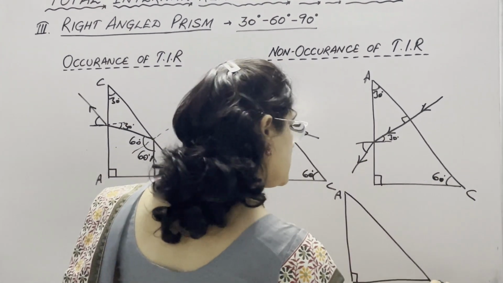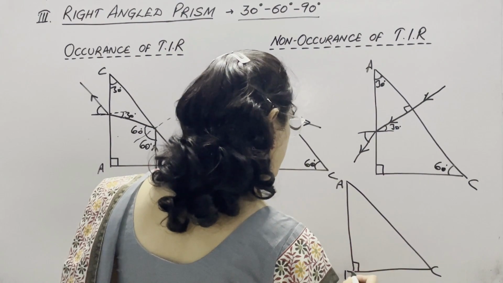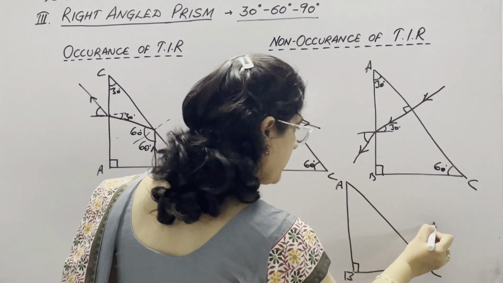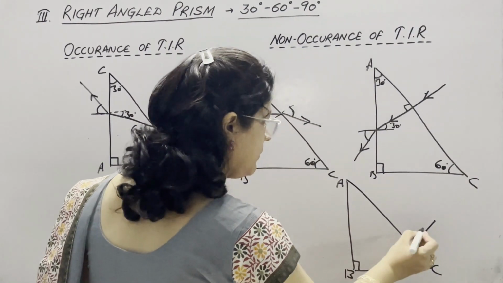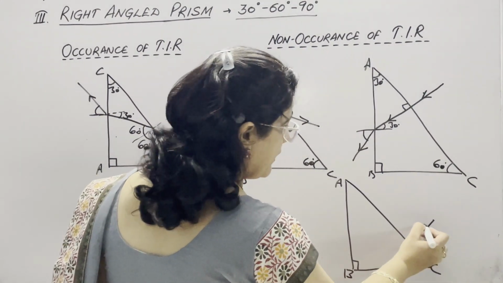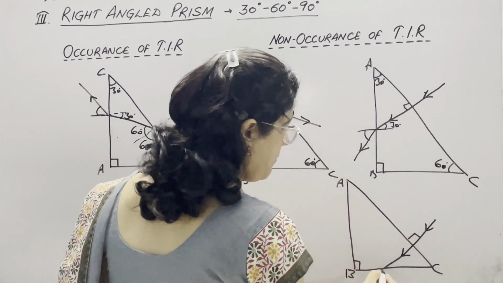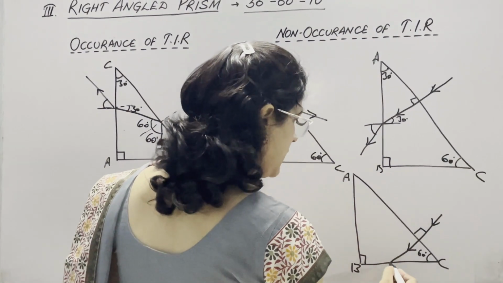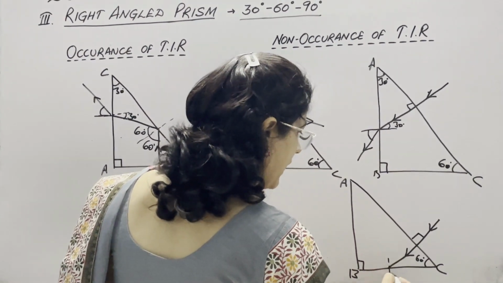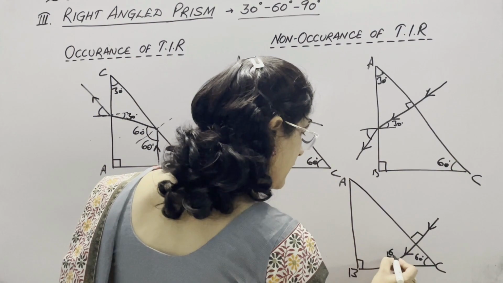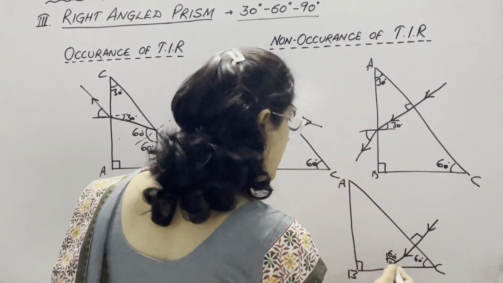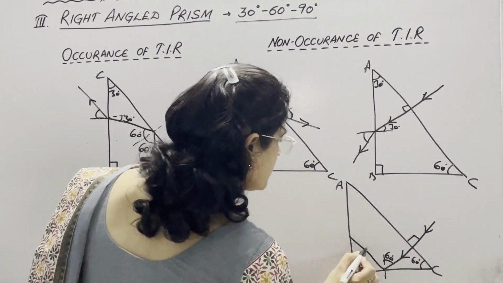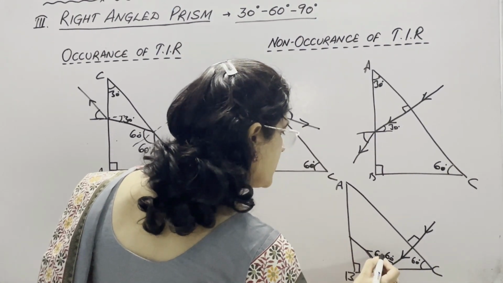hypotenuse. Prism positions remain same, but ray is striking near the bottom. So when it strikes near the bottom, here angle of 90 degree, it means it passes undeviated, but it strikes on the base of the prism. Here it is angle of 60 degree. Now it makes an angle of 60 degree with the normal and TIR happens here. Now this ray will go inside the prism, making an angle of 60 degree.